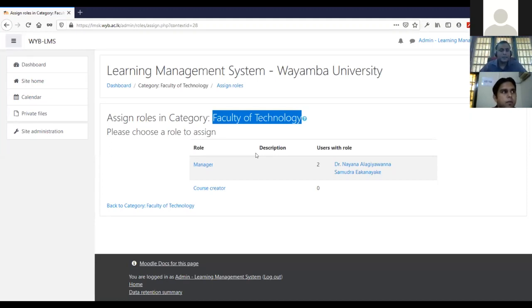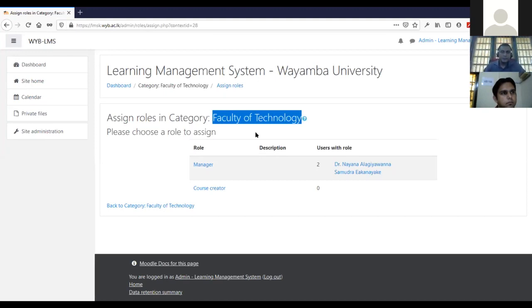That means adding users, adding courses, deleting users or courses, assigning them, right? Don't worry while I'm saying deleting users. So that means he or she cannot delete users from the system, but from the category they can. So they can enroll or remove, and assign other people as managers, course creators or lecturers under the assigned category. So that is the role of a manager.